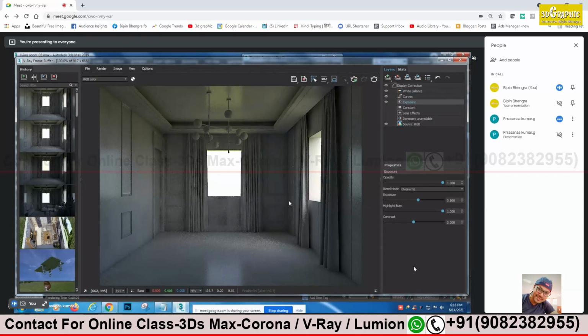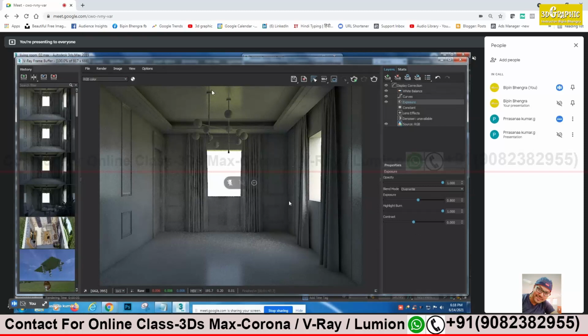Let's go to our second important light, that is the V-Ray Sun. See, if you are doing a daytime scene, it's very important that there should be a hard shadow, because with this SDR light or any other light I have used, you will not get a hard shadow. There will be a diffuse shadow. So we need a sun for that, or we need a direct light. A standard direct light will give you a hard shadow of any object. That will look more realistic.